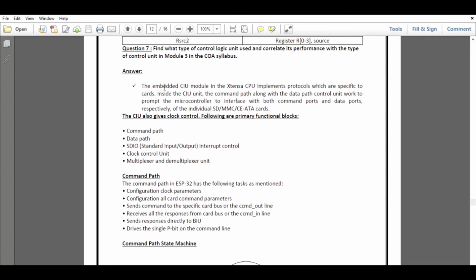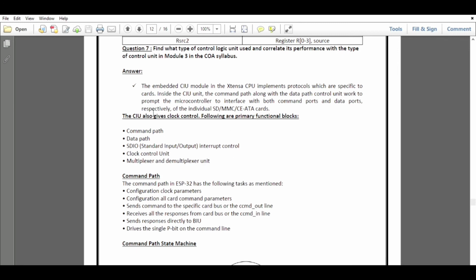Here is the embedded CIU module that implements the protocol in the extents of CPU which are specific to cards, and inside the CIU unit the command path along with the data path control unit work to promote the microcontroller to interface with both command prompts and data ports respectively of the individual SD, MMC, ECN cards. Here command path, data path, standard input output interrupt controls, clock control unit, multiplexer and demultiplexer units are the primary